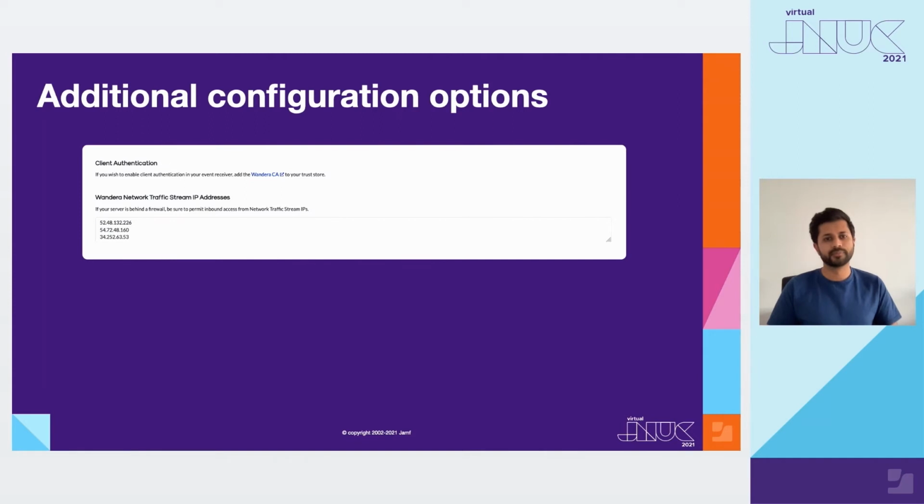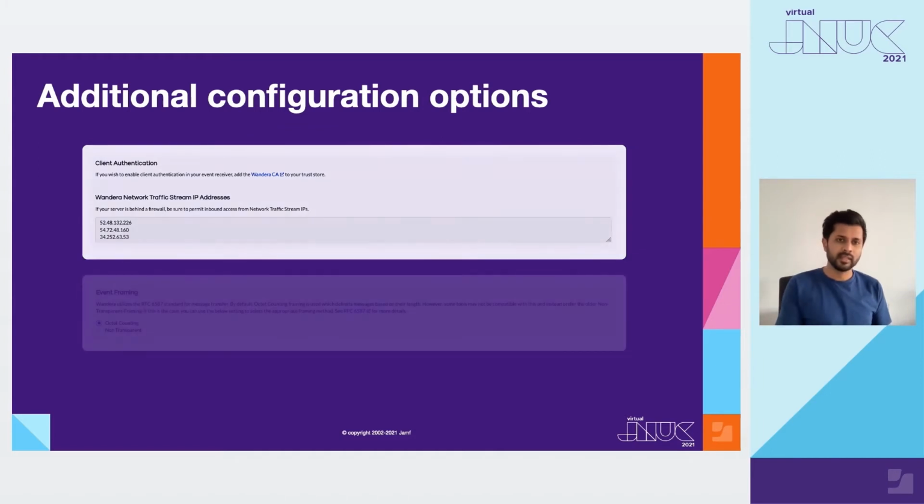On the security side, by enabling client authentication and adding the Wandera CA to your receiving server, you're able to ensure that only messages coming from the Wandera data streams are accepted. You can also take this further by only allowing inbound connections from our IP addresses with your network access control